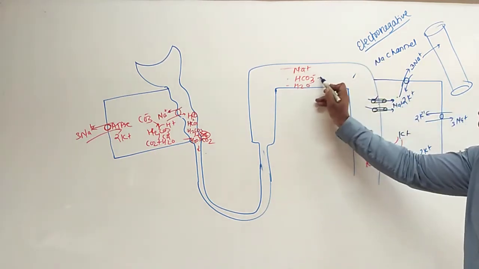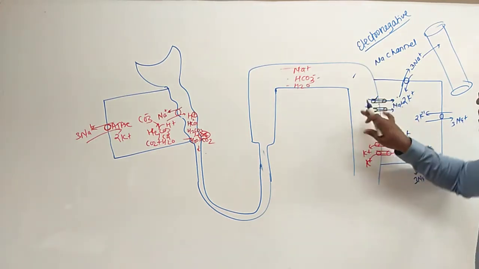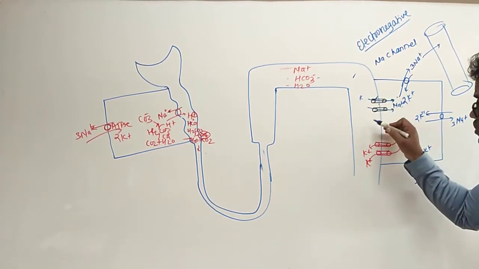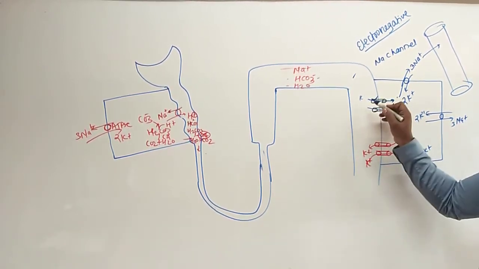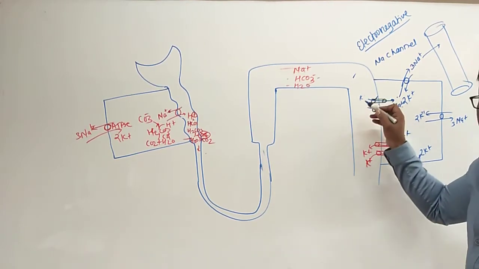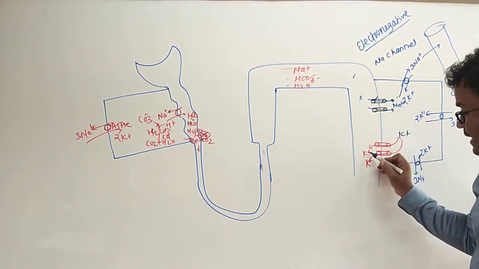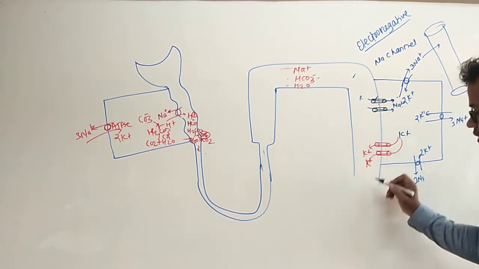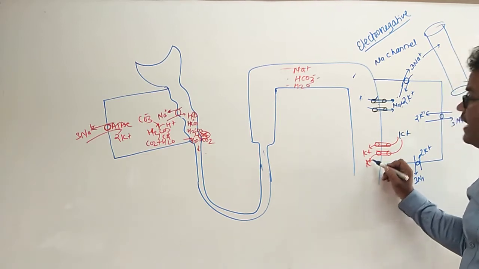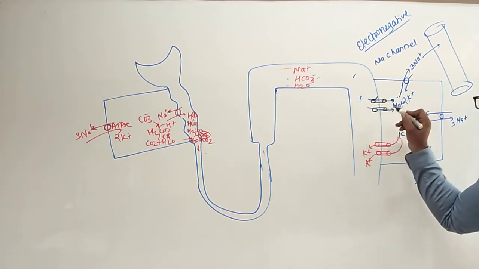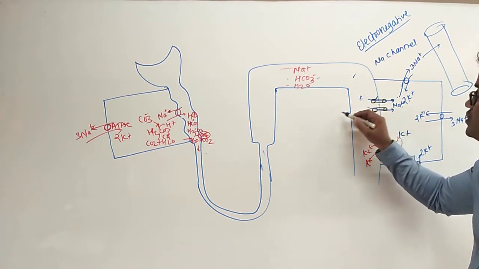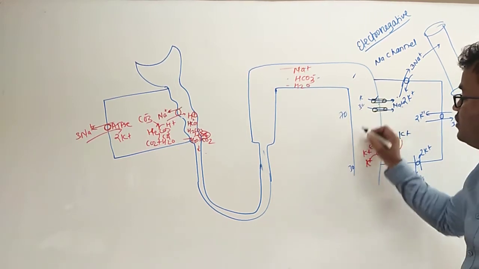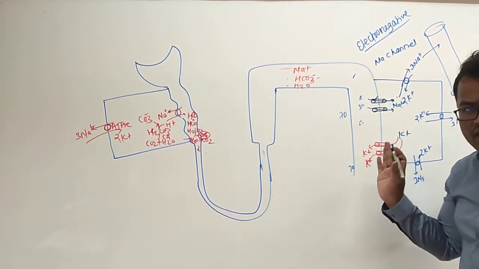Next, these HCO3 minus ions are present here. These are negative ions. If these negative ions are more in the luminal side, the electronegativity is also increased. To compensate for this electronegativity, potassium ions leak from the cells into the luminal side. But these potassiums are less than the sodium, because sodium is absorbed more. Out of 100 sodium, 70 sodiums are absorbed and 30 potassiums come in. Hence, there is only 30 and 30 is 60. Got it? What I say?